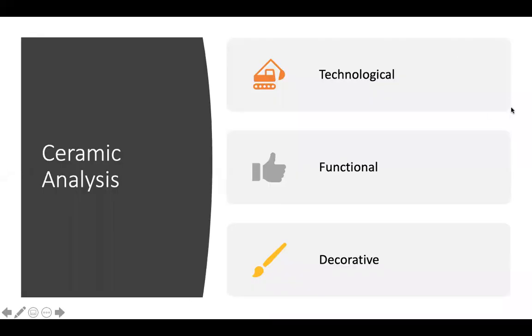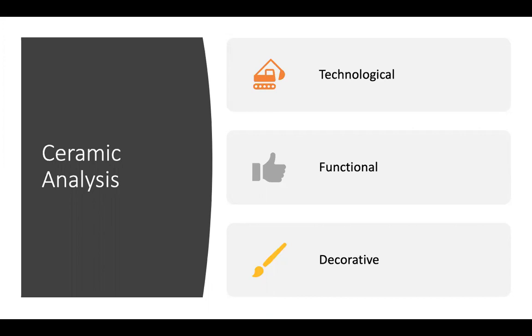I need to give a bit more background on how ceramics are produced before you can complete the lab. We will touch on the technological, functional, and decorative aspects of pottery, which all interconnect heavily. So you're going to understand how ceramics are produced, why they were produced, and what they were used for once they were produced, and how they were decorated. So let's think about these